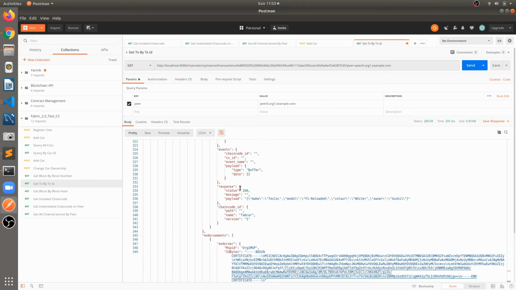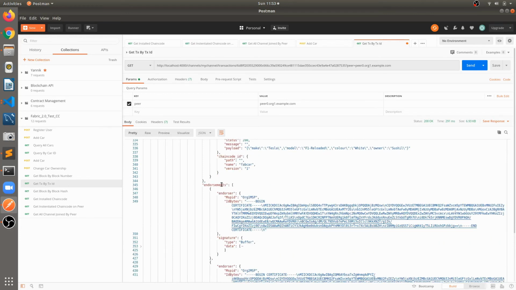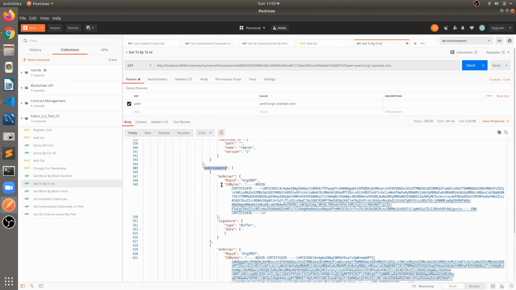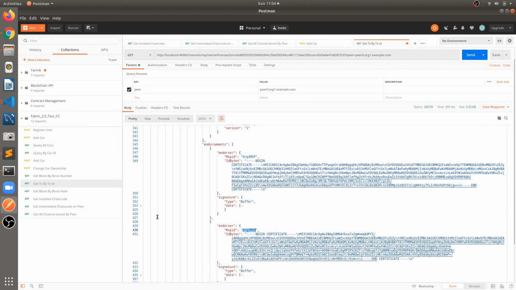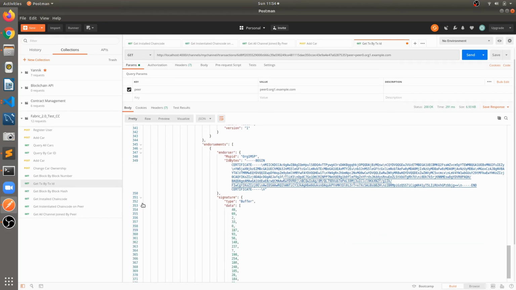We can see here the response is this one, and the endorsement. One of the most important parts is the endorsement. So what exactly is endorsement? When we send any transaction to the endorsing peer, they endorse the transaction with their signature. As per the endorsement policy, we require a majority of endorsements, and in our case we have two organizations, each having one endorsing peer. The majority of 2 is 2, that's why we have two endorsements in this transaction, one from MSP 1 and one from MSP 2. These are the endorsement peer responses, and this is the signature of the endorsing peer.